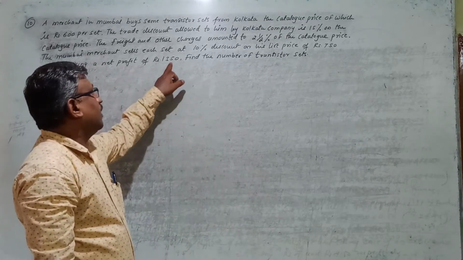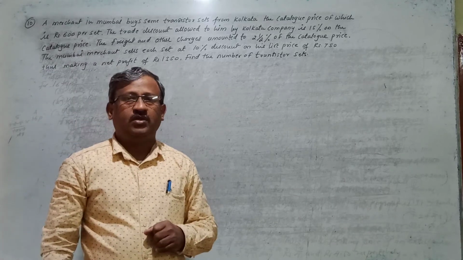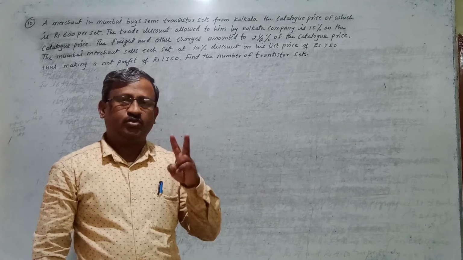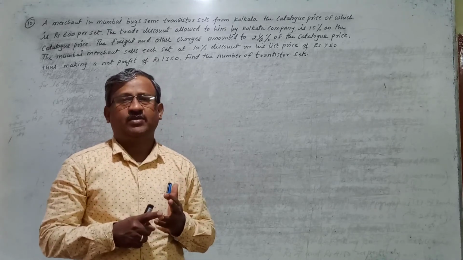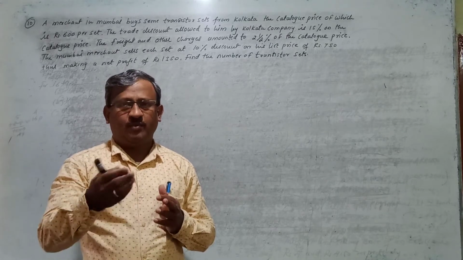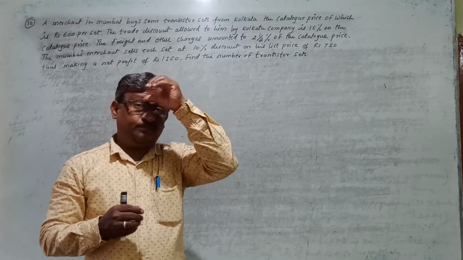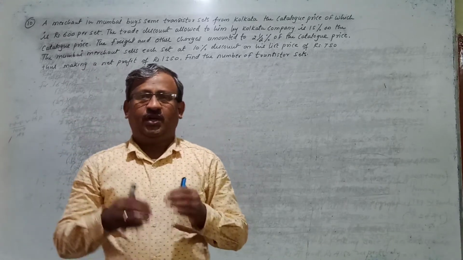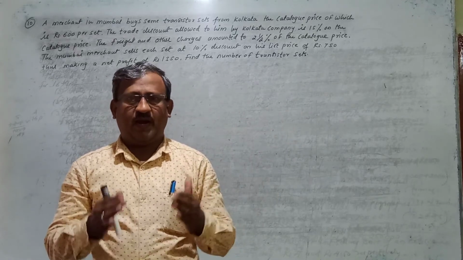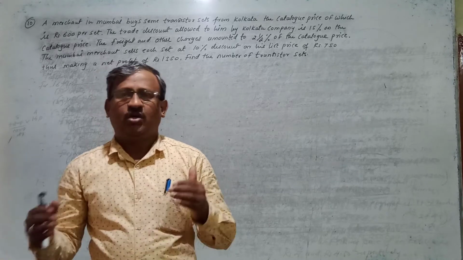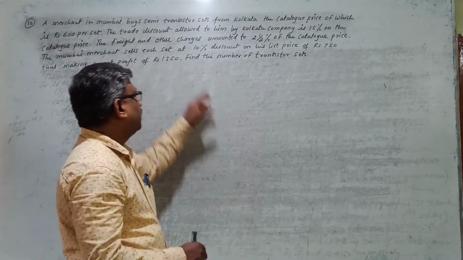So in this problem they have given the profit on all the transistor sets, and to calculate the profit we must know what? We must know two prices. One is the cost price to the Mumbai merchant, and the other is the selling price of the Mumbai merchant. Because the Mumbai merchant is buying the transistor sets from the Kolkata company. So to determine the profit, what does he take into consideration? He takes into consideration two prices: at what price he is buying the transistor sets and at what price he is selling them. The difference between selling price and cost price we call the profit. So that profit we have to determine.